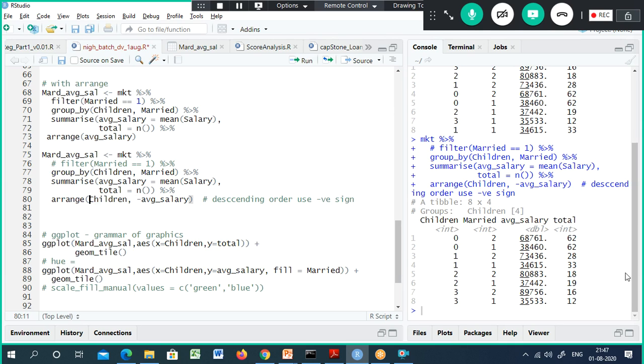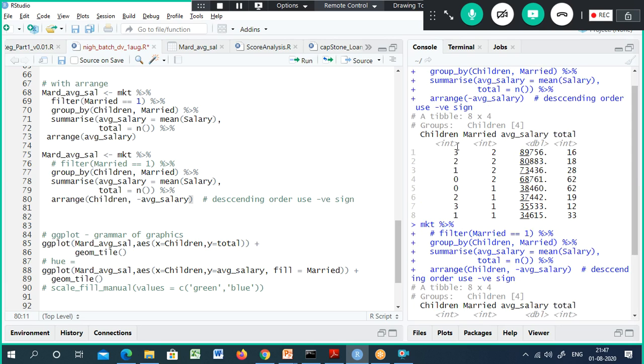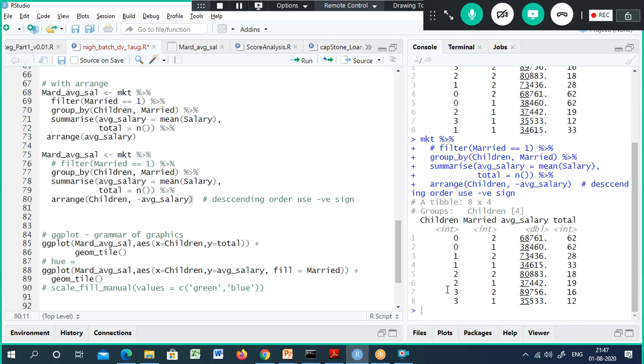Hence, it is in ascending order. Supposing your management asks you to print the children column in ascending order, 0, 1, 2, 3. Arrange first by children, but within those children, you need to sort the average salary in descending order.